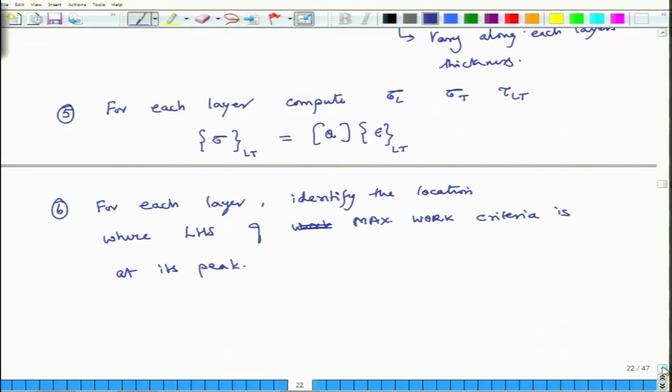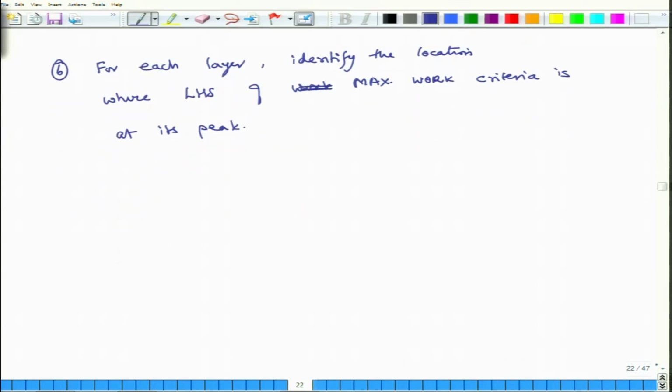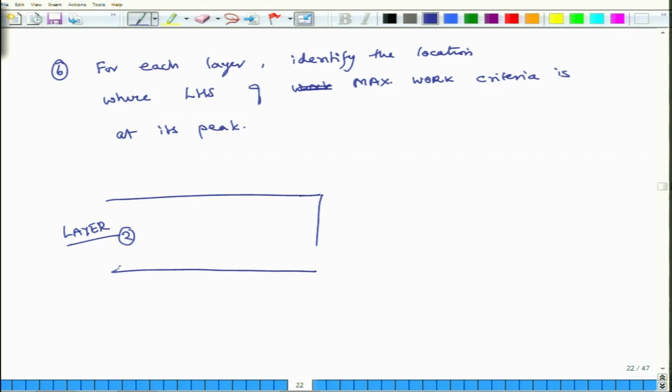What does this mean? Suppose this is layer number 2. Okay, now, if this is layer 2,